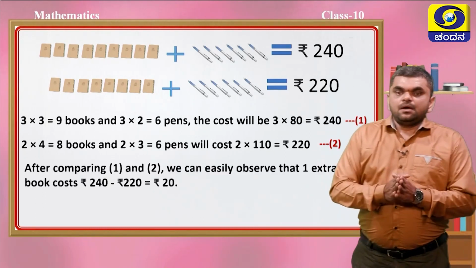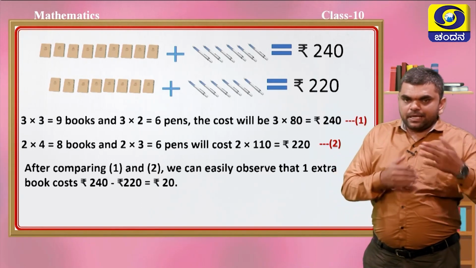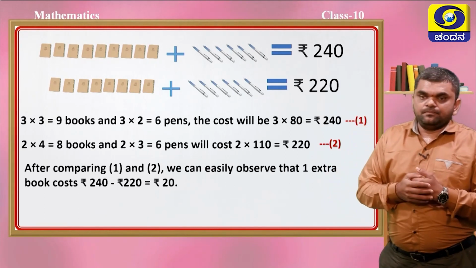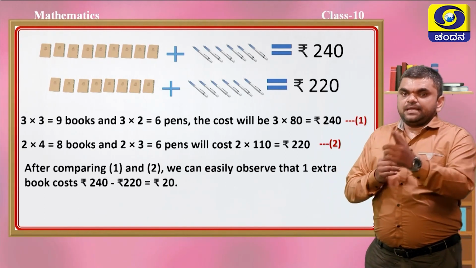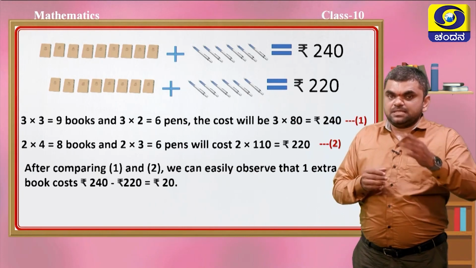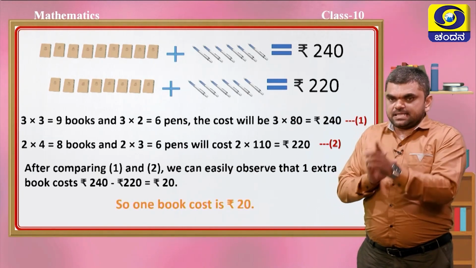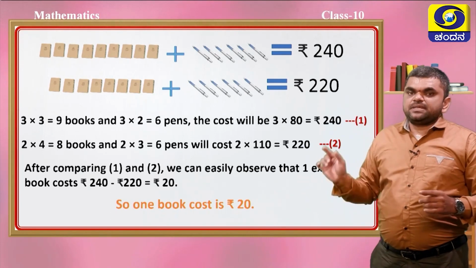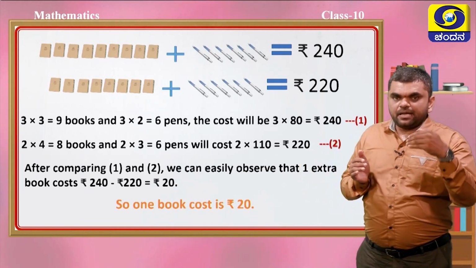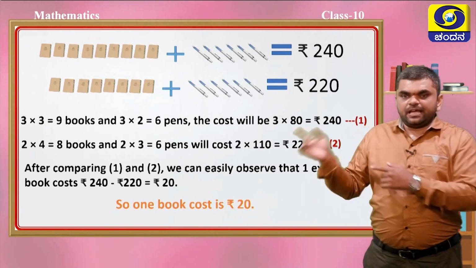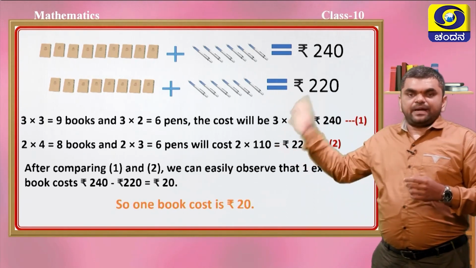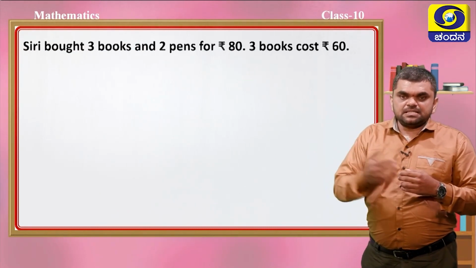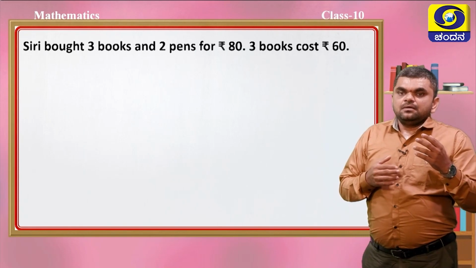After comparing equations 1 and 2, we can easily find the cost of the extra: 240 minus 220 is equal to 20. Here 9 books and 6 pens cost 240, whereas 8 books and 6 pens cost 220. We subtract 8 books from 9 books so that we get the cost of a book, which is 20 rupees. The cost of a book is 20 rupees,